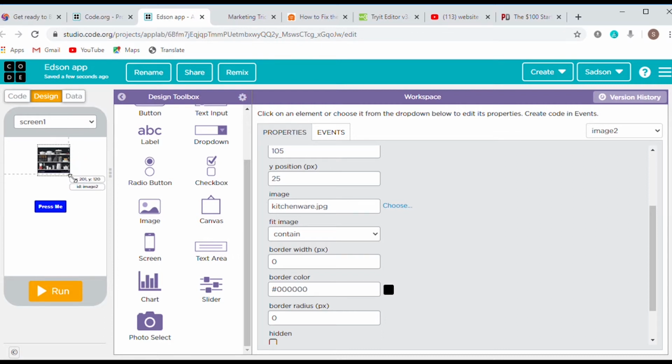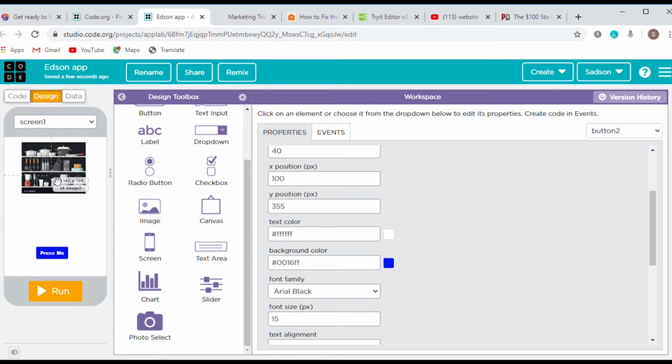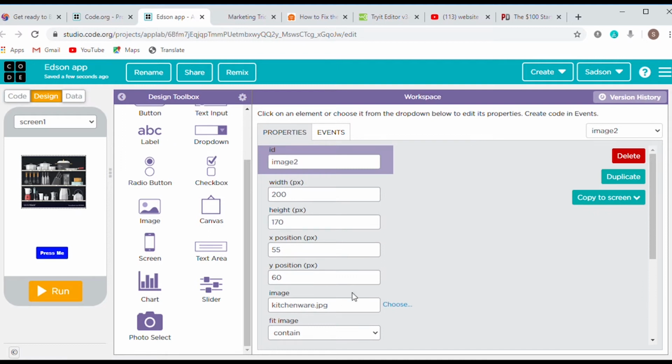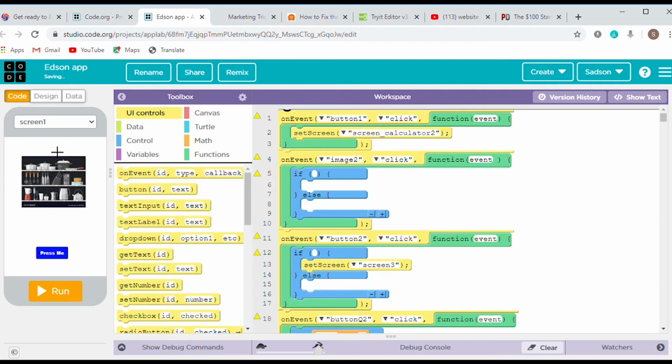So I can actually come here and make it larger or bigger and then position it, you see. And then I can drop this down, and then I have this one. All right, so basically this is how it works. You drag and drop, and then when you are done with designing, you can always come here to code mode. Okay, I don't know what's happening, it's taking a bit longer. Okay, yeah, now I'm in code mode.